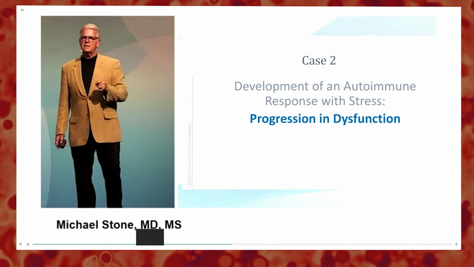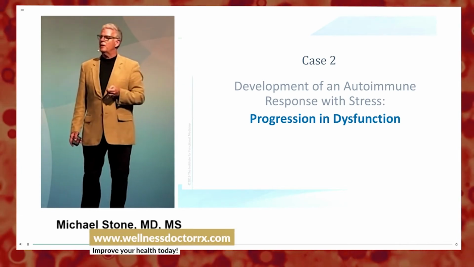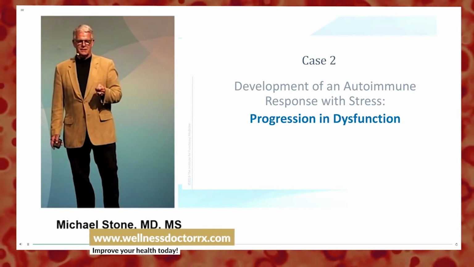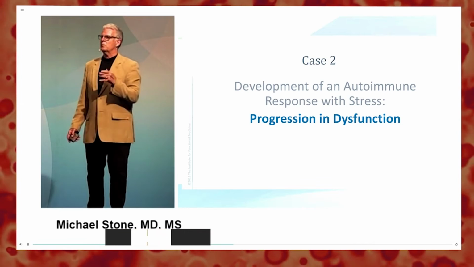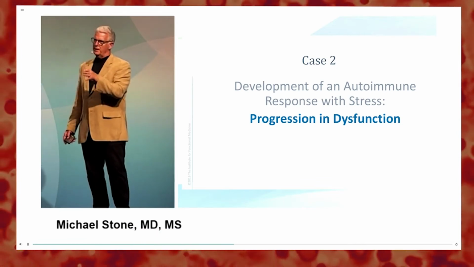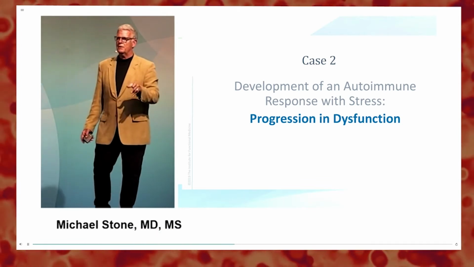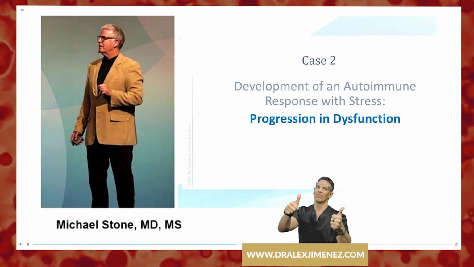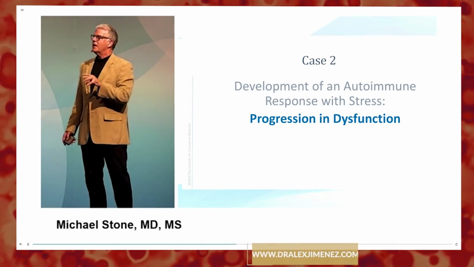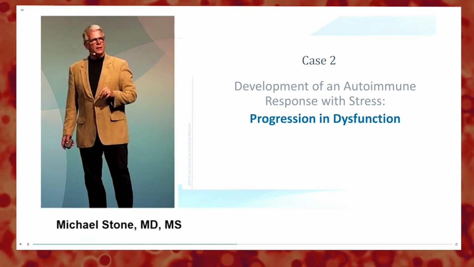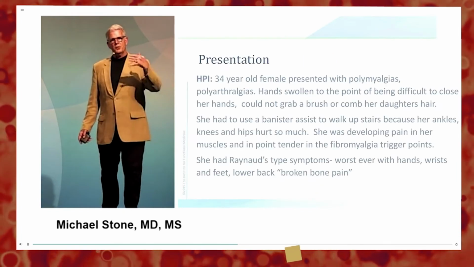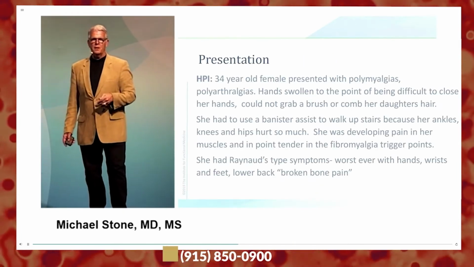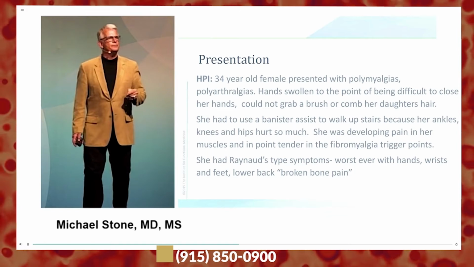And what we'll see in this case is the development of autoimmune response and stress, progression and dysfunction. And what we'll do is build over the course of the remainder of this lecture, and then more tomorrow, and we will see how you can go through the ABCDs in the patient. So let's learn about this